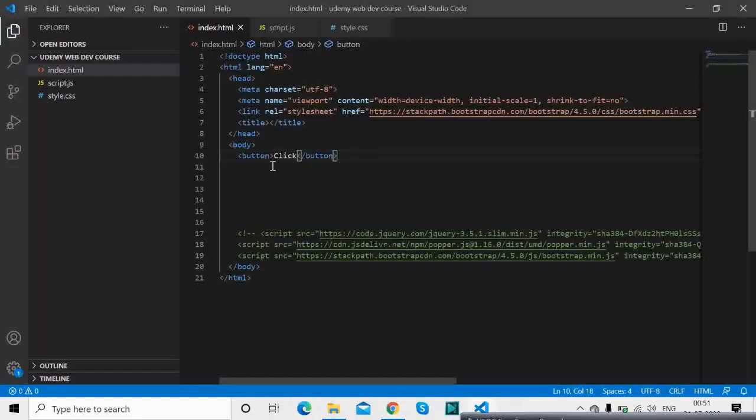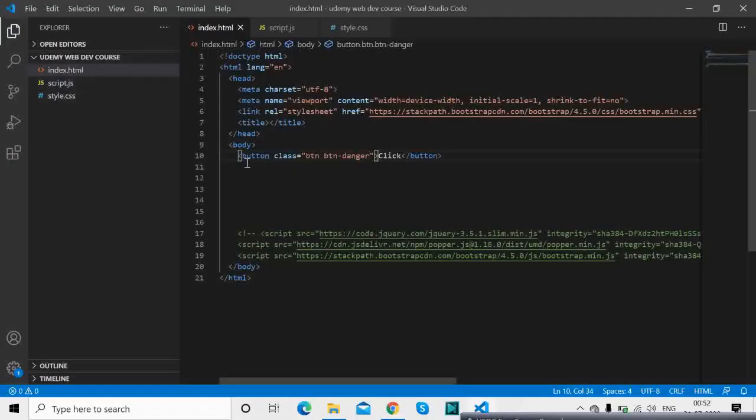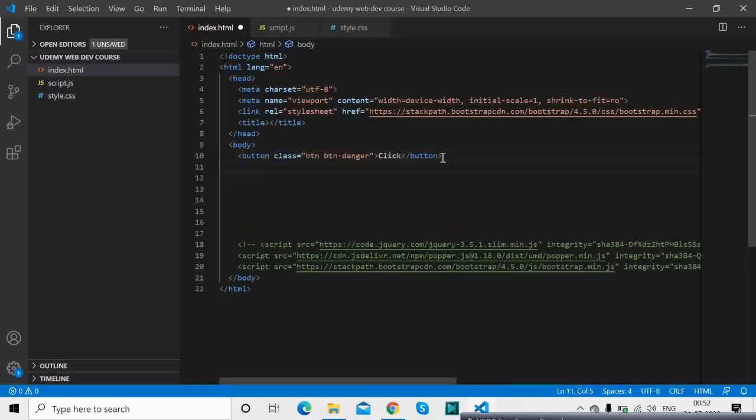The styling we want from Bootstrap isn't present here, so for that we have to give a class name. A class name of btn, let's say btn-danger. This will give it a color of danger. These are some custom classes available in Bootstrap.